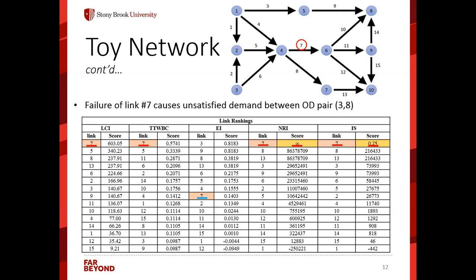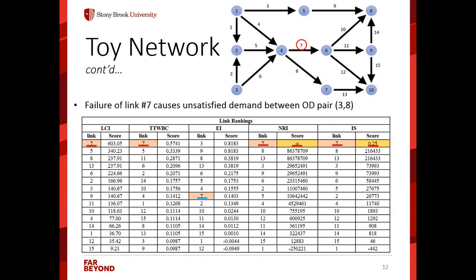So one of the problems, as I discussed, is that when there's disconnectivity, it becomes difficult to compare the scores. Sometimes it's not even calculated. Even if it's calculated with a different metric, you cannot homogeneously compare it with other links. On the other hand, for travel time between the centrality, the second measure on the left in the table, 7